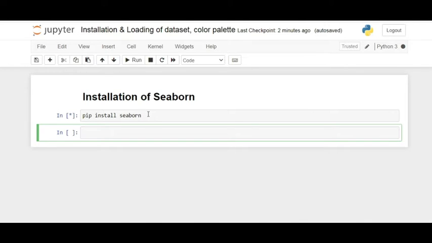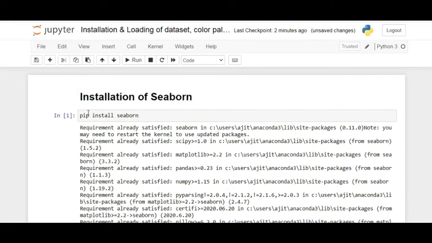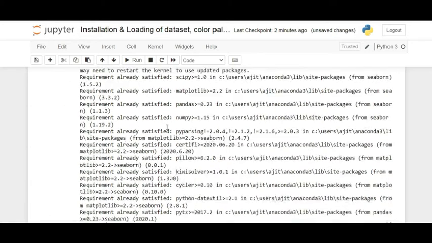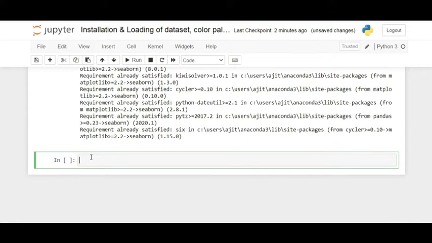This pip install will install the latest release of Seaborn. In my system, it is already installed, so it will show the requirement already satisfied. If you are working for the first time, it will use the latest version of Seaborn.